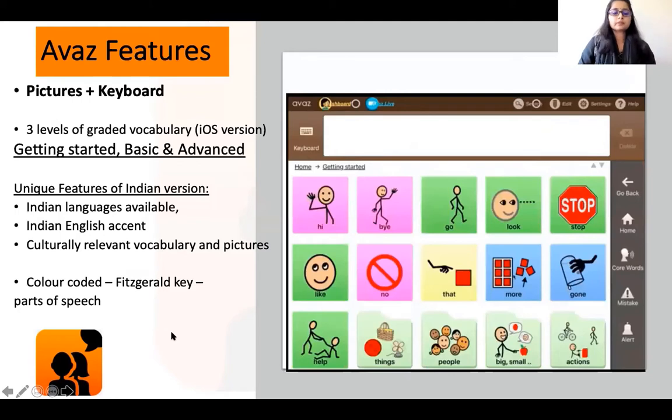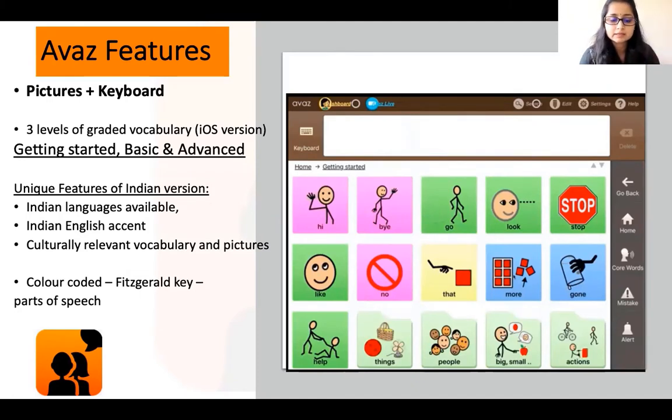Avaz also has two different versions, the Indian version and the international version. The difference is that in the Indian version, Indian languages are available. I'll take you through a tour of the languages available, and also the voice has an Indian accent.